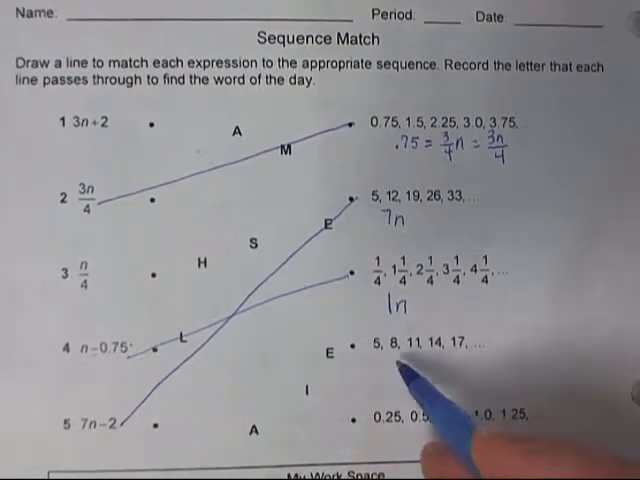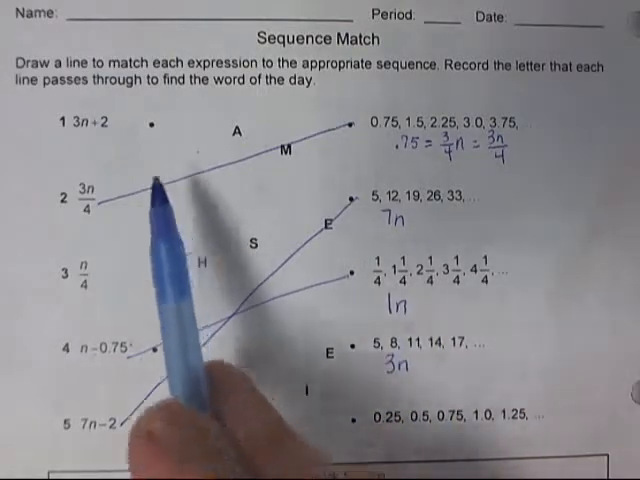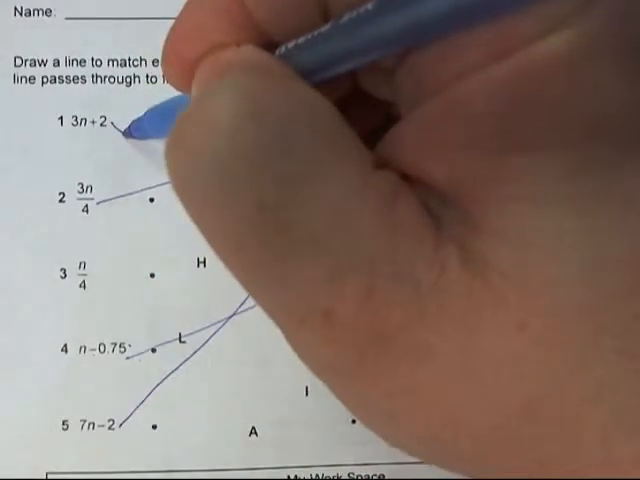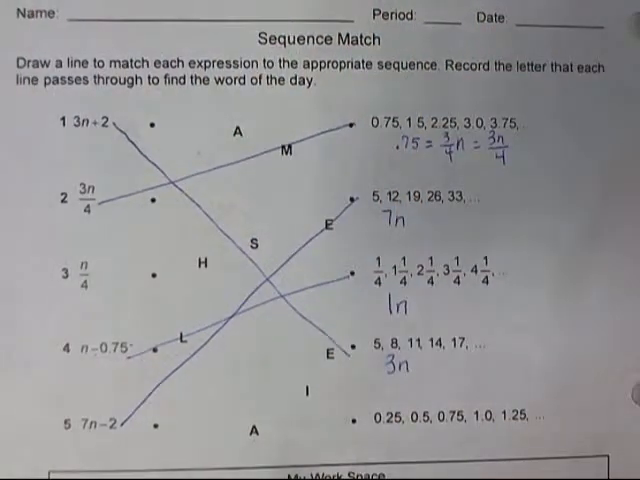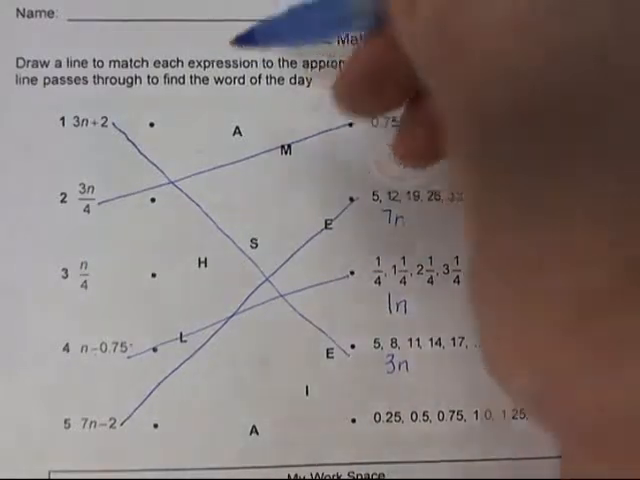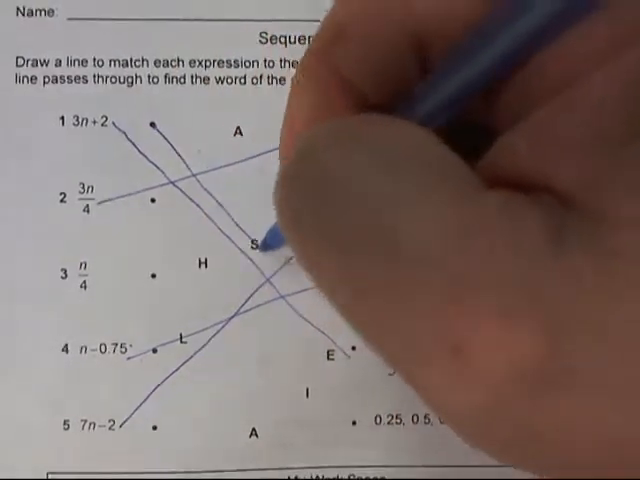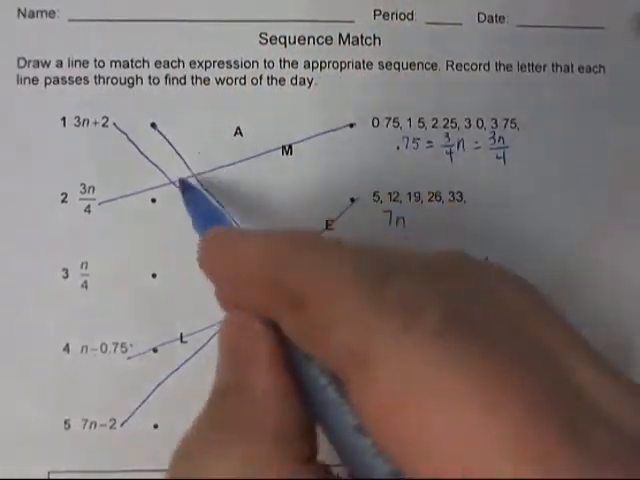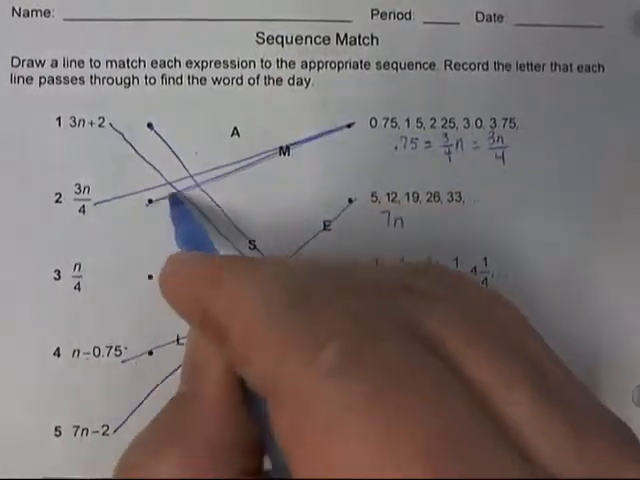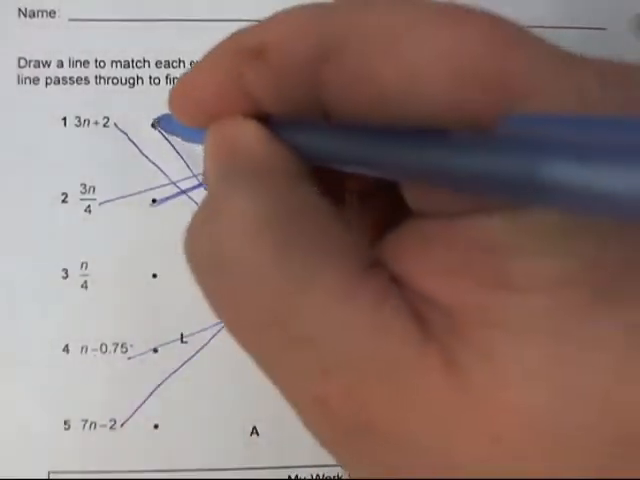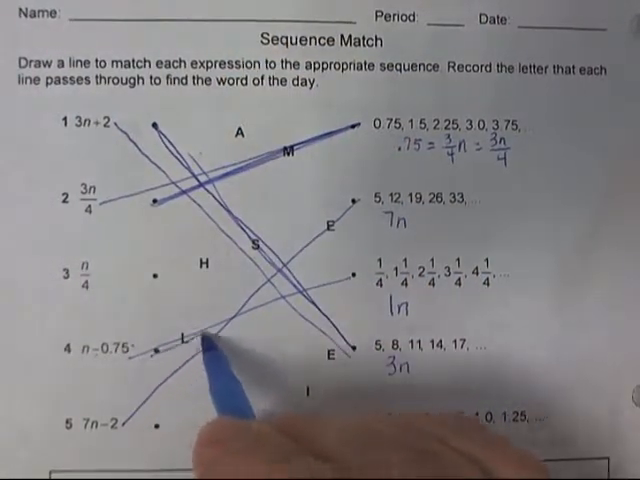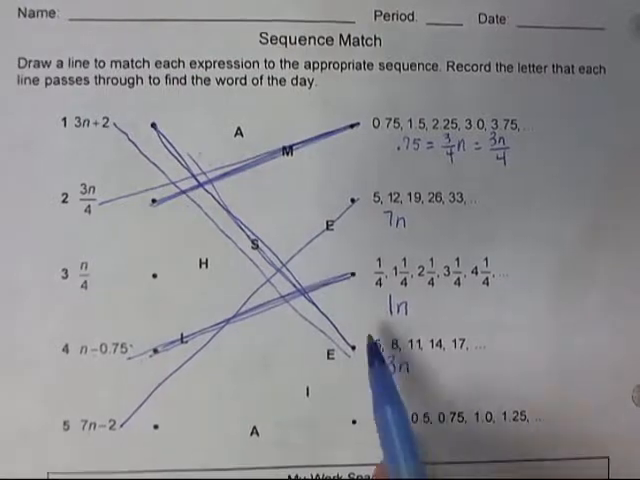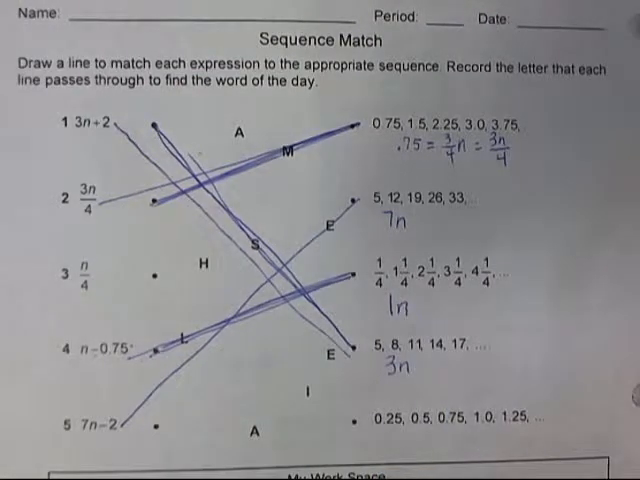The next sequence of numbers has a difference of 3, so it's going to be 3n, and it looks like number 1. I'm not drawing my lines correctly. I should be drawing from here to here. I'm not doing this correctly. So it's going to be from here to here. Okay. So that's going to be, let's see, E,